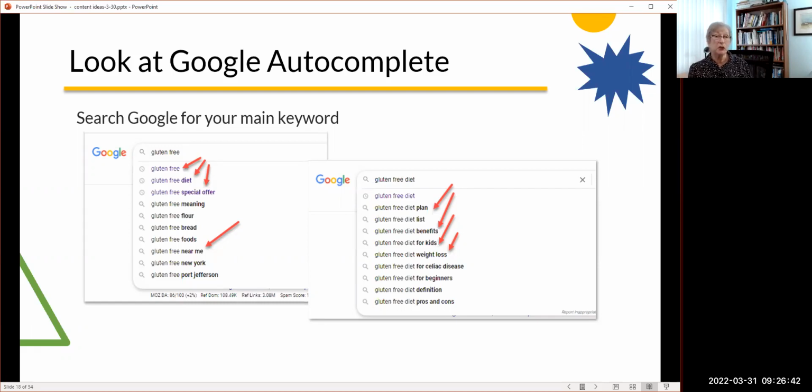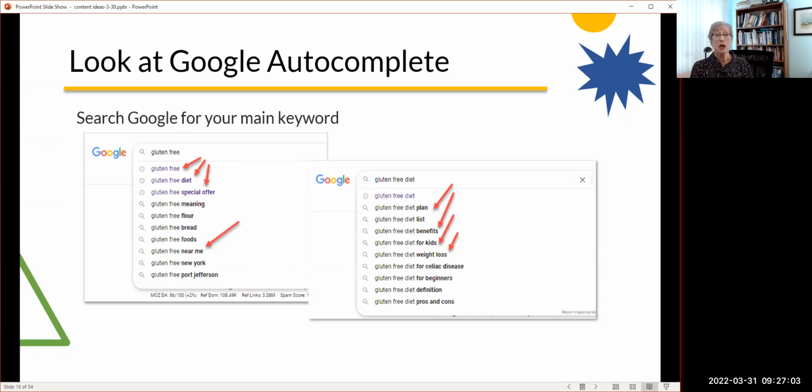So for instance, I went to Google and I typed gluten-free into the search engine. And as I typed it in, they have something called autocomplete. When I typed in the term gluten-free, it dropped down a list of terms that were related to it, that other people were searching for. Gluten-free diet, special offer.